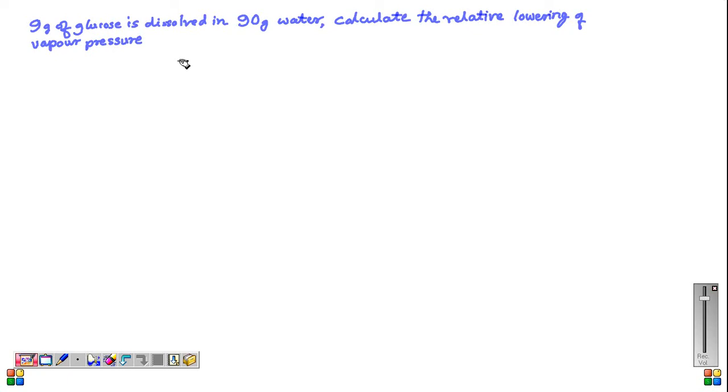Vapor pressure. Okay, only vapor pressure. If the vapor pressure of pure water is 3200 Newton per meter square,